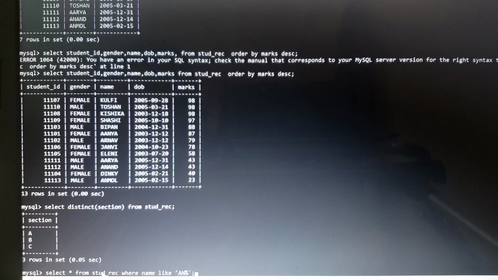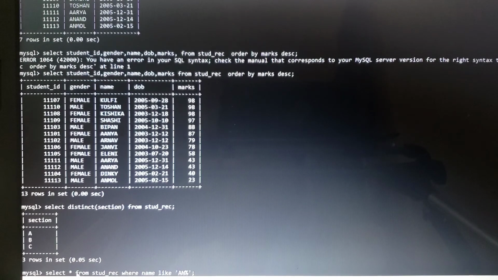Now let's move to our next query, that is query number 8. So let's begin with query number 8, that is to display the information of all the students whose name starts with AN. For this, be careful that you have entries with AN, that you should be sure. Like in my data, you can see here we have Anmol, and then we have Anand. You should have entries that start with AN.